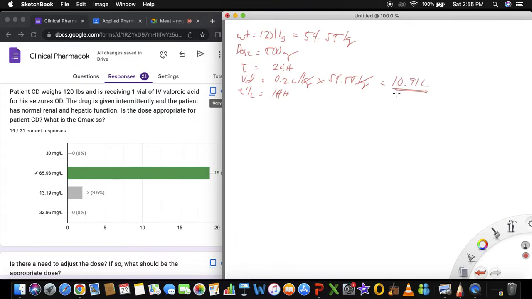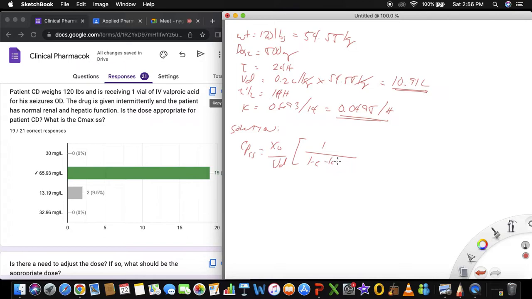Okay, so half-life, ang kailangan ko, so that's 0.693 divided by 14. 0.0495 per hour. Okay. So, is the dose appropriate? Determine the Cmax first. So, CPSS equals to dose over VD times 1